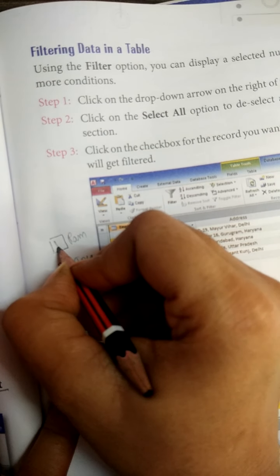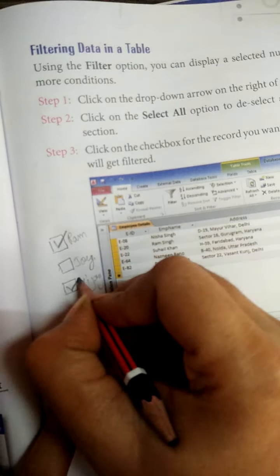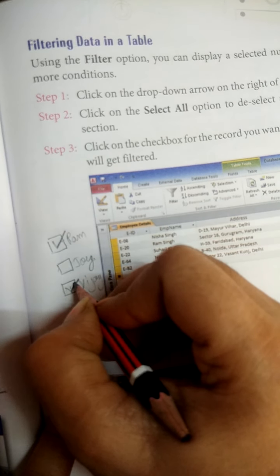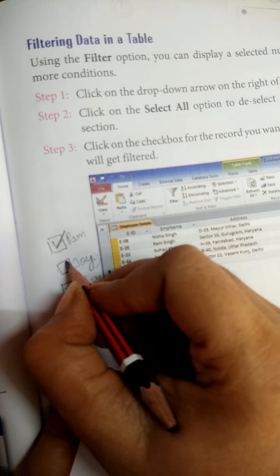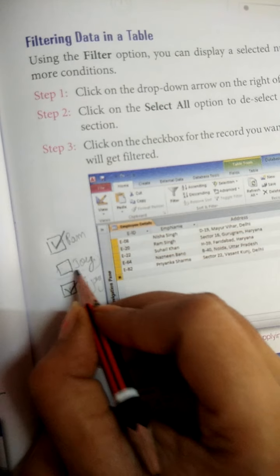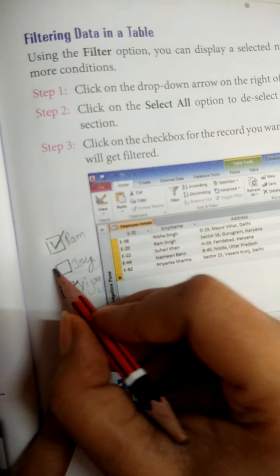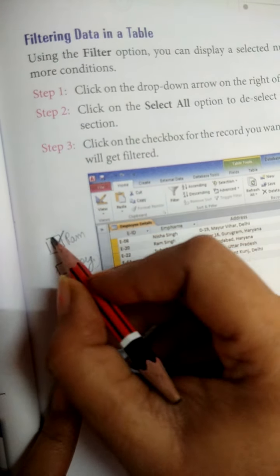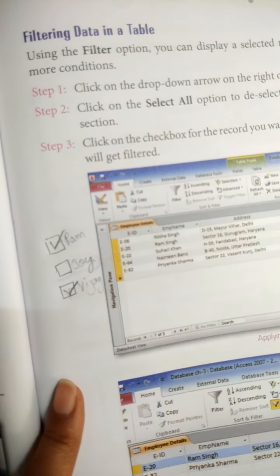So if you are checking the first box and third box, only these two will be displayed, the other will be hidden. This option will not be there, only these two data will be on your table. So whatever you want to hide, you can uncheck, whatever you want to show, you can check, so that box will appear.